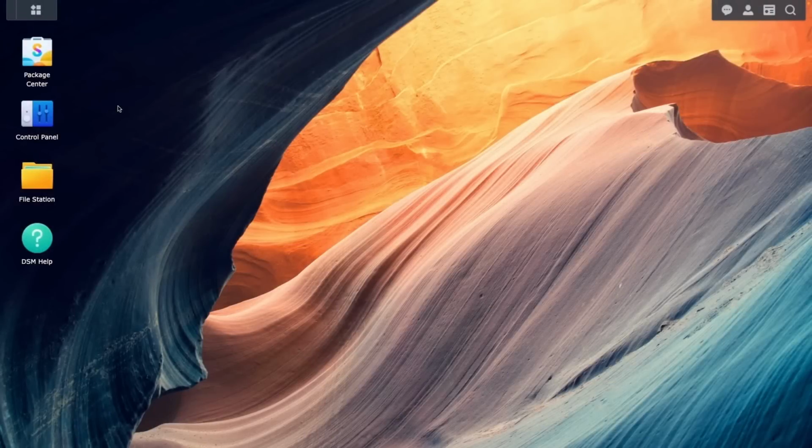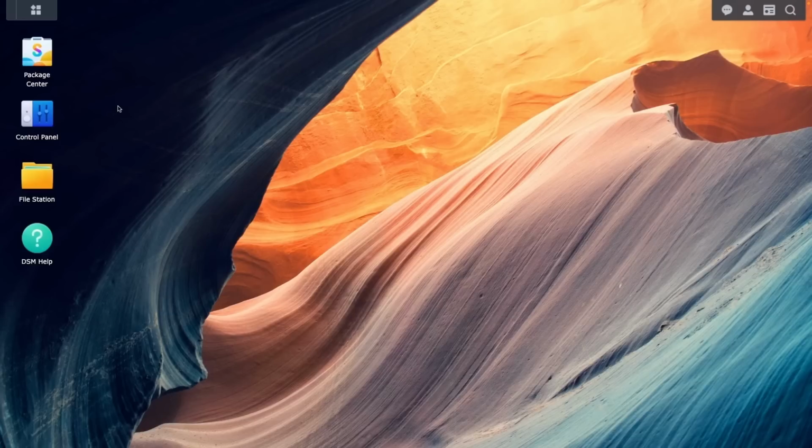Here we are on our main Synology NAS device, and we're going to begin setting up our Synology NAS as a file server destination for macOS devices. We're going to be doing so over the SMB protocol. And keep in mind that this protocol is cross-platform. So if you have a Windows environment, for example, a lot of these steps will be the same minus all of the Time Machine functionality we're going to be talking about.